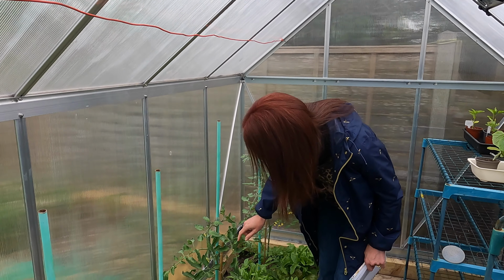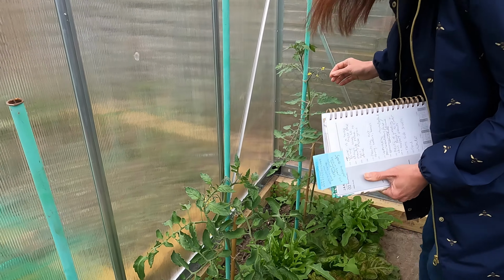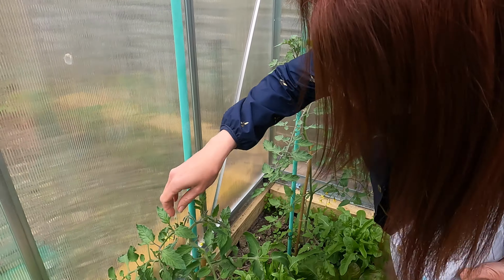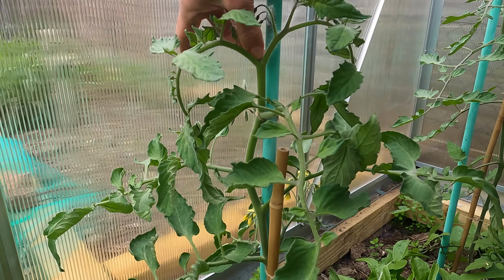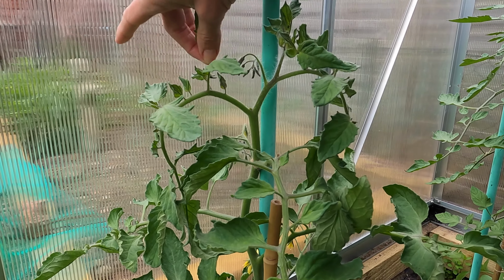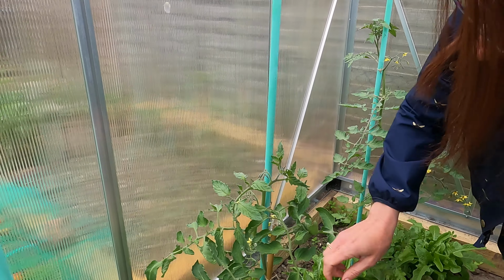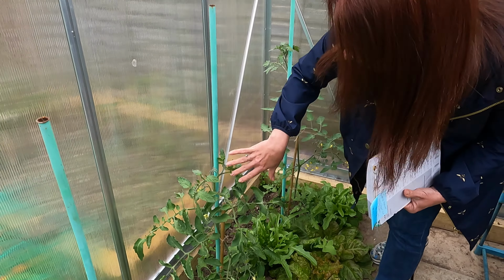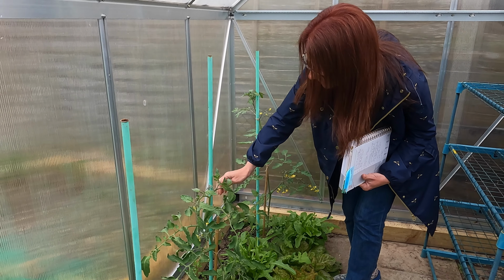And obviously don't forget to take out your side shoots as well. I've been taking out mine. In fact, I've probably taken them out so well I might not have a side shoot. Oh, there we go, there's a side shoot there. So very important to take out your side shoots on your tomatoes, unless of course you've got a bush variety, but most tomatoes are the cordon variety that grow straight upright, so you constantly just have to keep taking the side shoots out and just tying them up